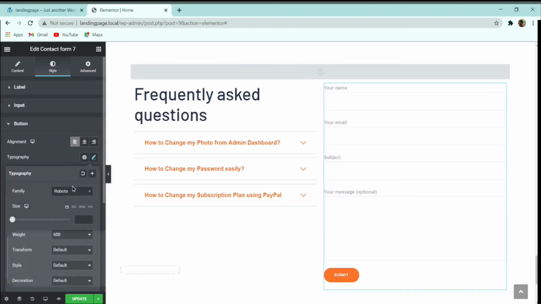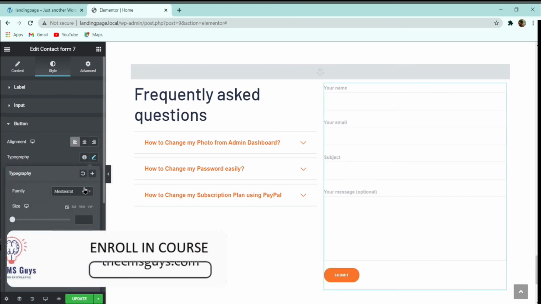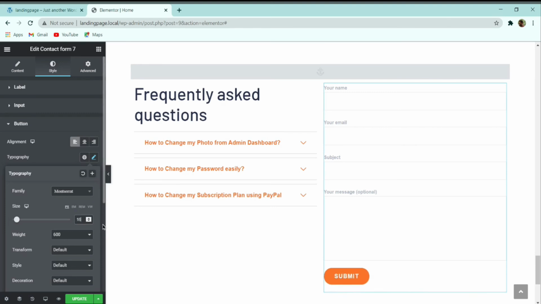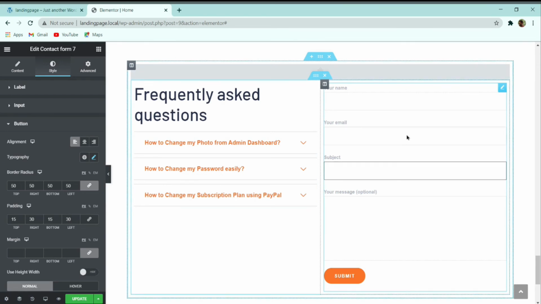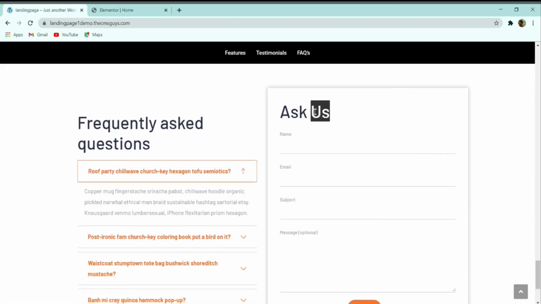And then I will change the typography. Let me make it font family Montserrat, and here I can increase it to 13 pixel size. And similarly, in this way, here you can see that we have a text ask us.